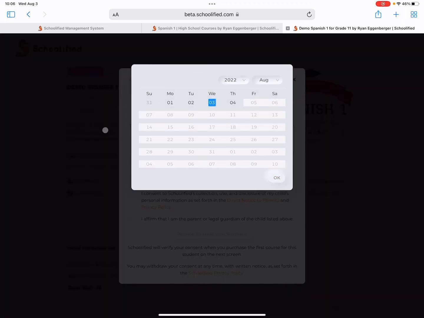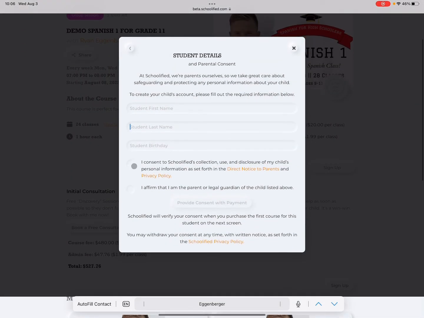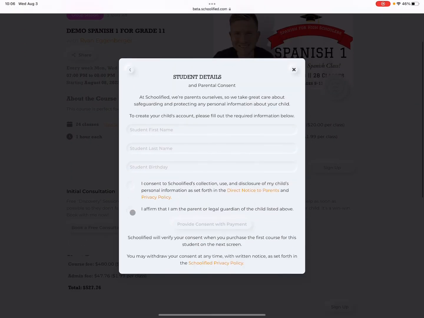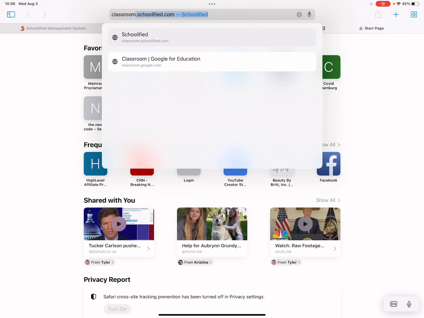Then they have to give the parental consent, and then they go on to the payment option. Once they're registered, you will be notified, and you can reach out to mom and dad. Then Schoolified will send mom and dad the login information on how to navigate to the classroom, which once you're ready, you can go to